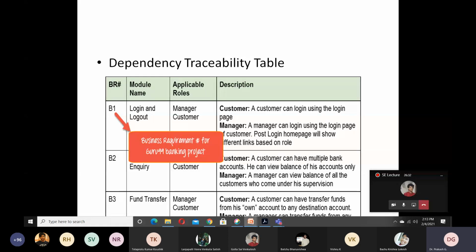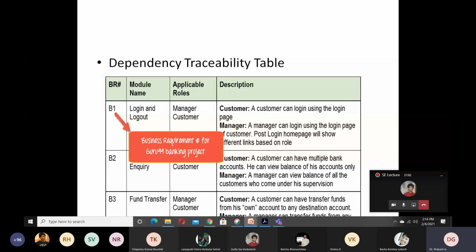But here the manager is not doing the inquiry, because the manager doesn't need to check the balance of any customer account. It is only the customer who has to check the balance. Suppose the manager wants to, he can do it, but that is not explicitly specified. This is what we have to think about for the dependency.